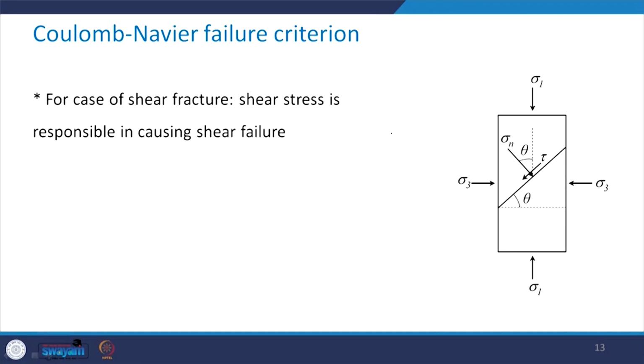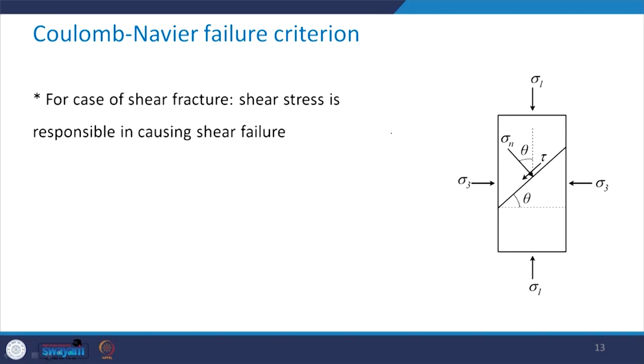There we will see how the parameters of the Hoek-Brown criterion can be used to determine the c prime and phi prime for the rock mass. So this was all that I wanted to discuss with you as far as the Mohr-Coulomb failure criterion was concerned. Now to start with,